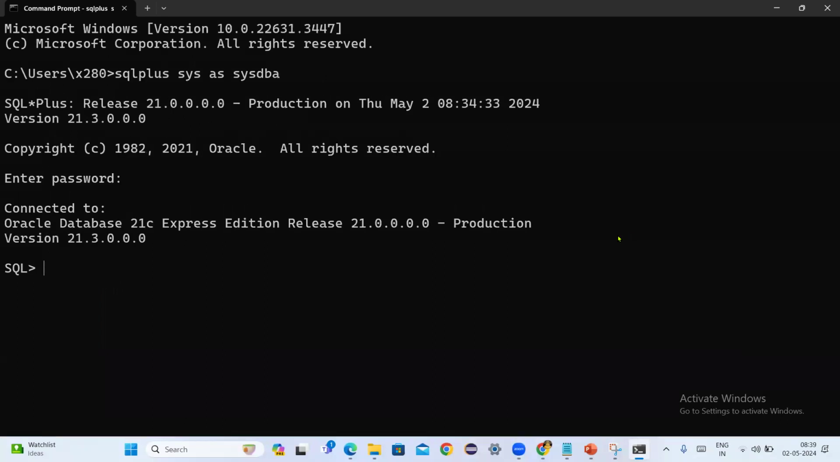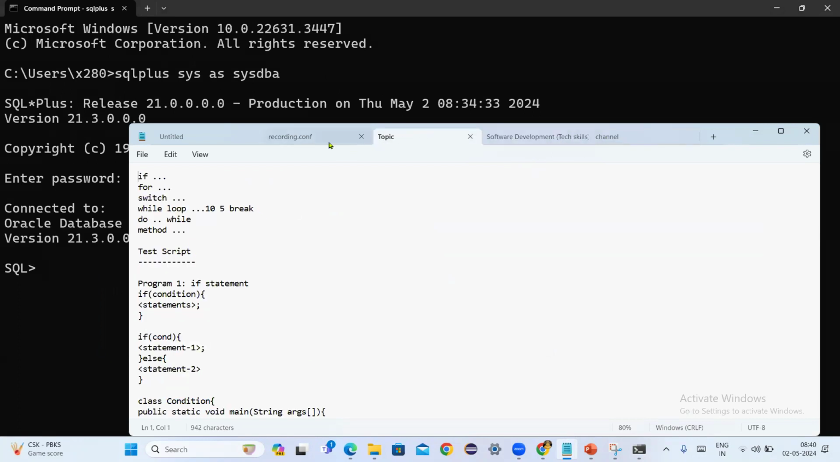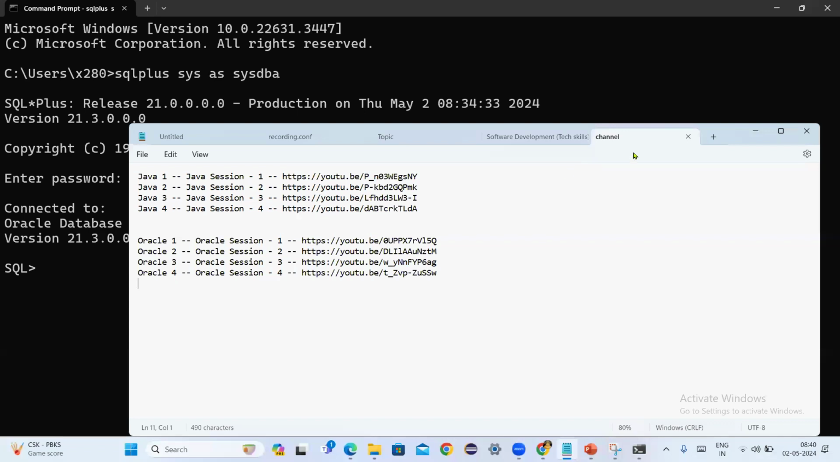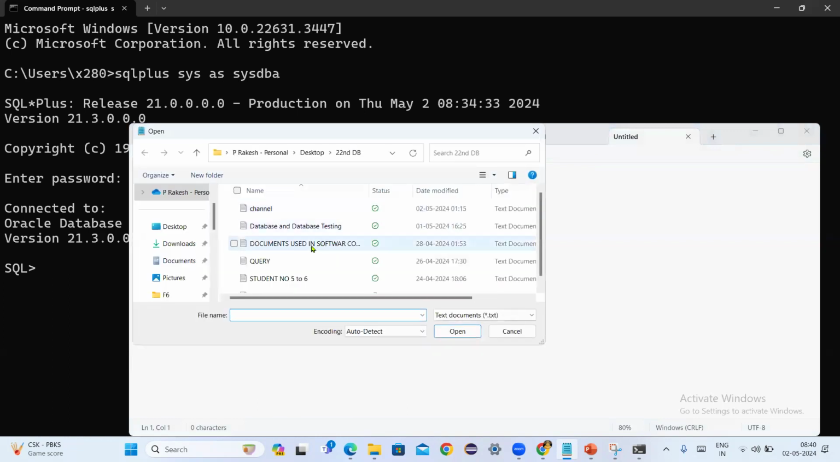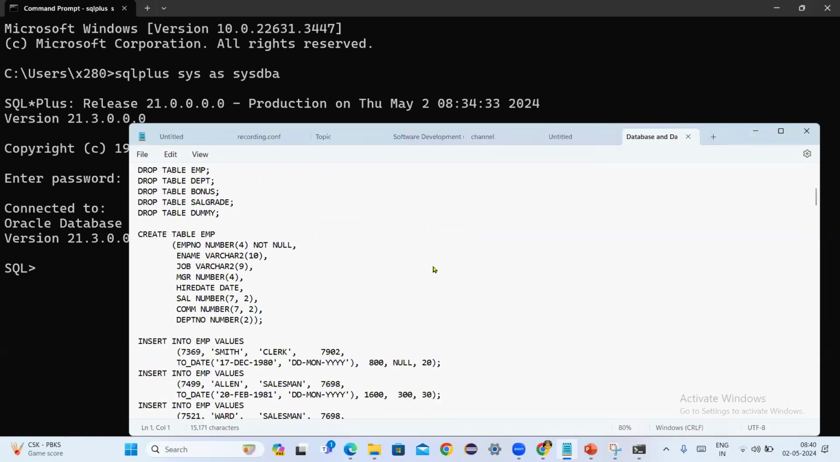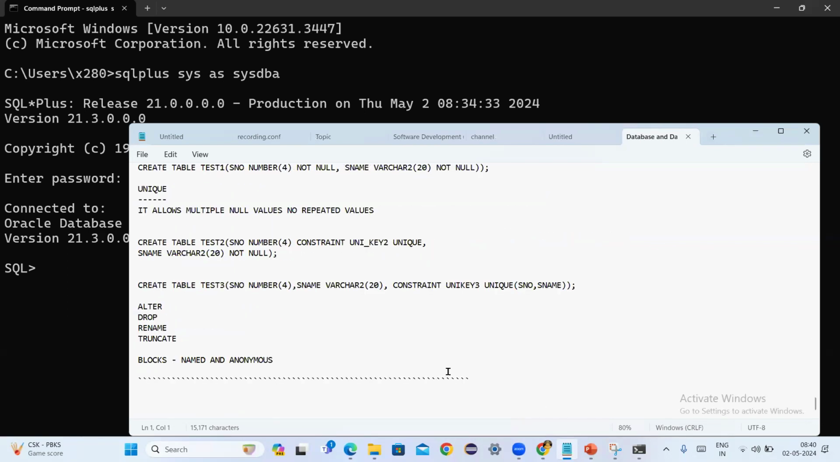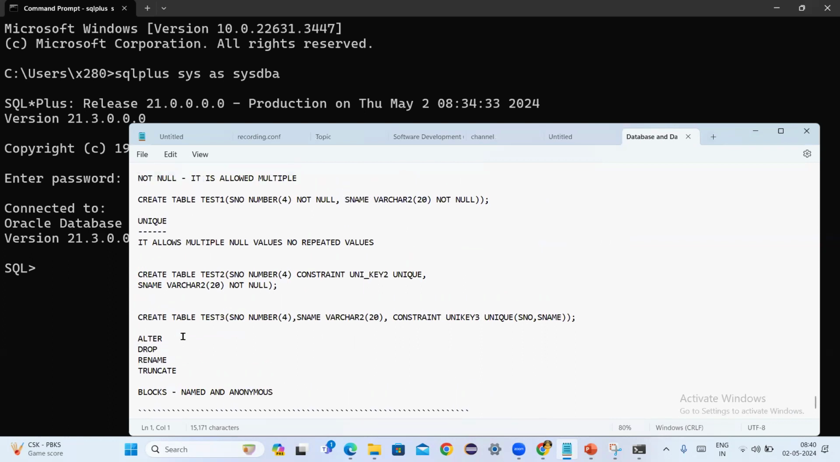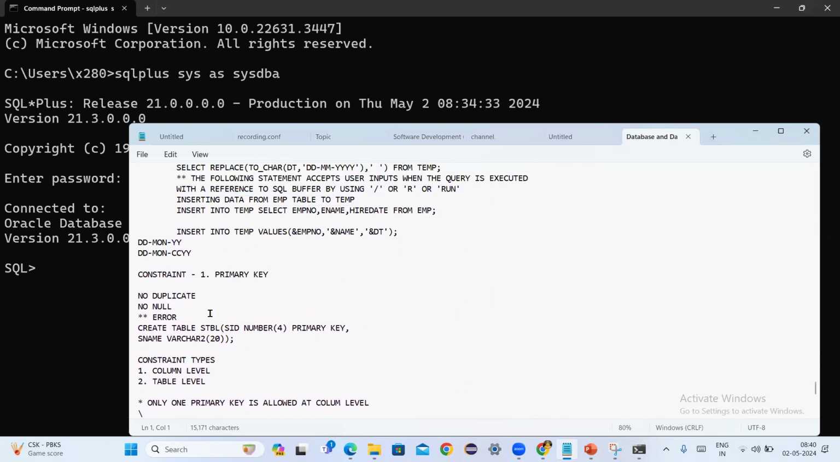Good morning, everyone. So in the last class, we discussed mainly about the DDL command, that is create. So we'll continue from there. These are the statements. Create is number one. In create, we can create a table without any constraint, or we can create a table